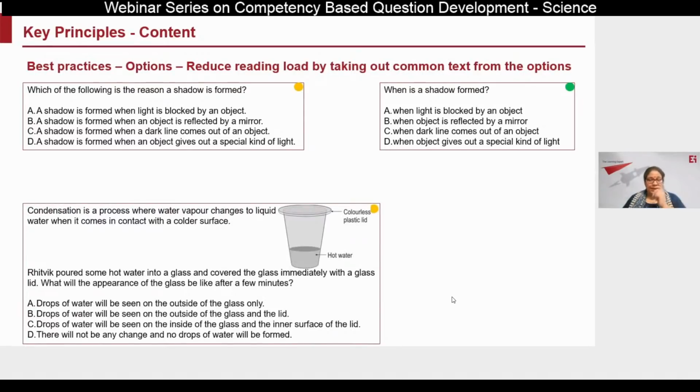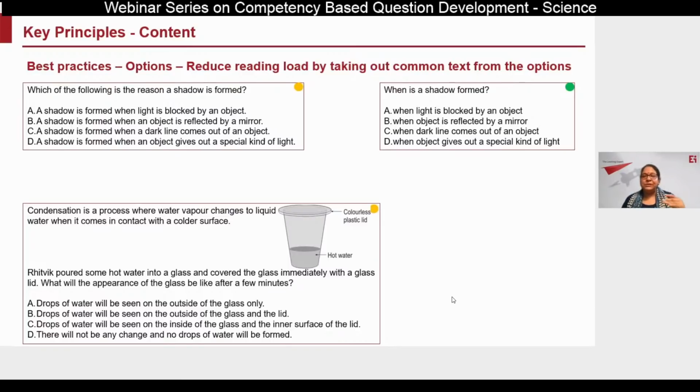The second principle on this slide is, if you look at the options here, the order of options is slightly haywire. My option C is a bit longer as compared to all the others. I think generally when students are not very sure of the concept, they try to play elimination or selection games, and anything that is standing out for them, they're likely to pick it.